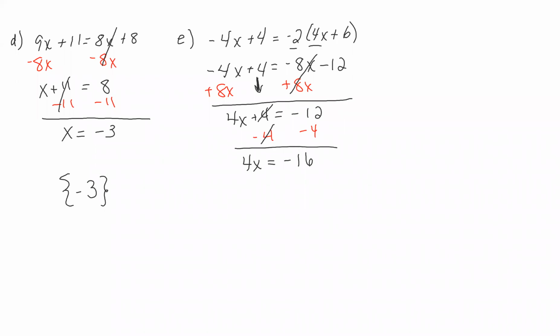So we have a single variable term equaling a single constant term. It's time to undo the multiplication of 4 and x. We undo multiplication by dividing. On the left, we say the 4's cancel because 4 divided by 4 is 1. 1 times x is x. And then on the right, negative 16